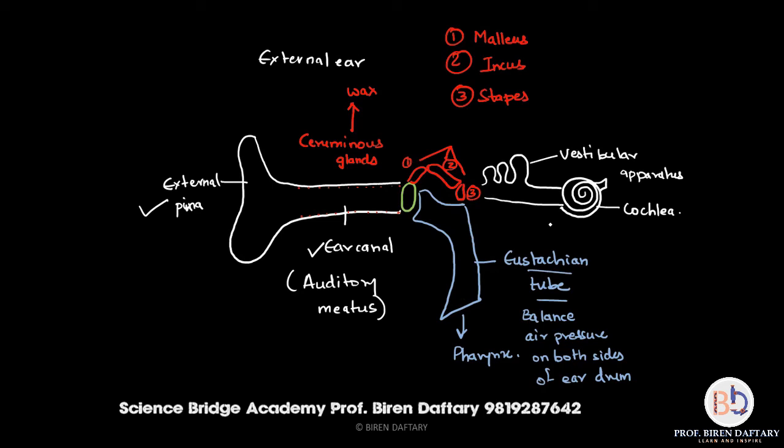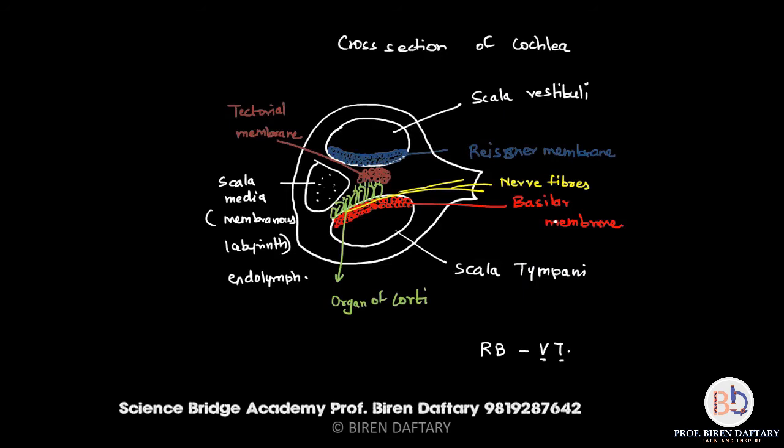The internal ear is made up of structures called labyrinth. Labyrinths are of two types, bony and membranous. Each bony labyrinth is made up of many membranous labyrinths, and the membranous labyrinth is made up of three parts. The first part is the cochlea and the other two parts are Reissner's membrane and basilar membrane. This is the internal structure of the cochlea. So when we study that, we come to know that scala vestibuli is formed because of Reissner's membrane, scala tympani is formed because of basilar membrane, and in between these two areas is present the scala media, which is made up of